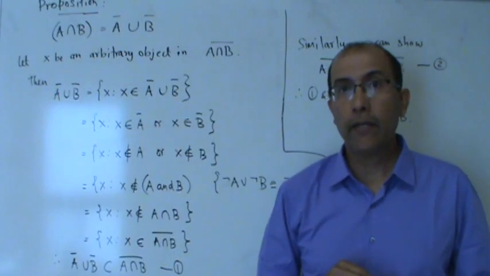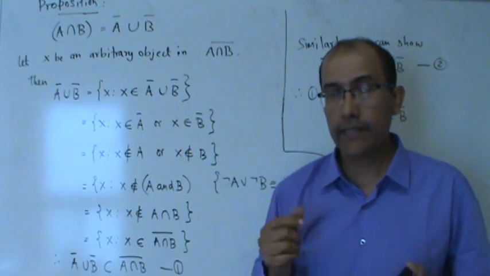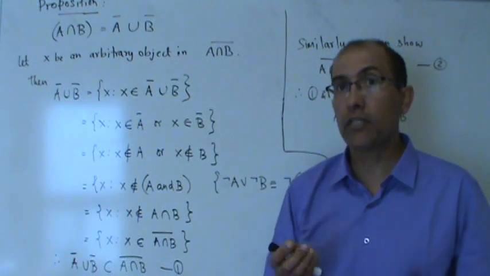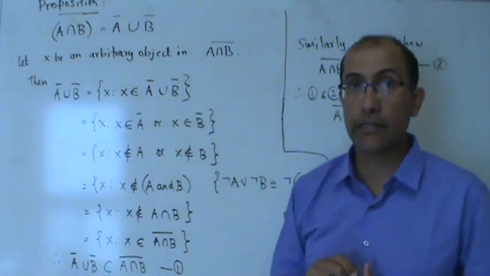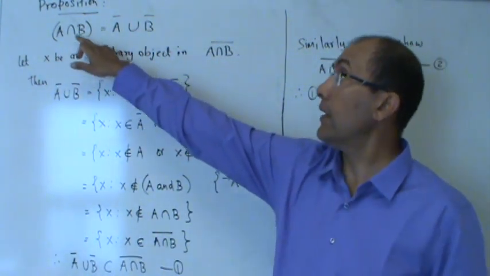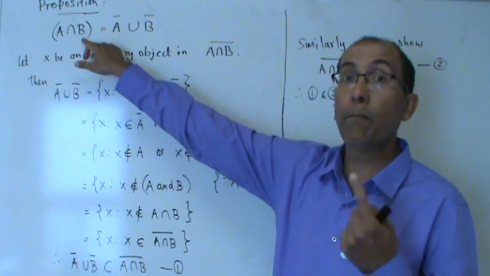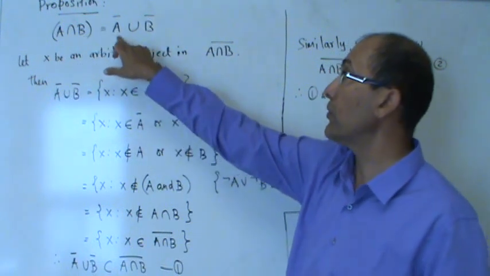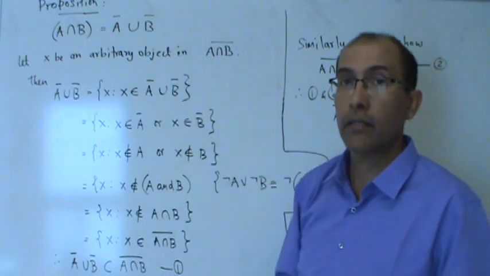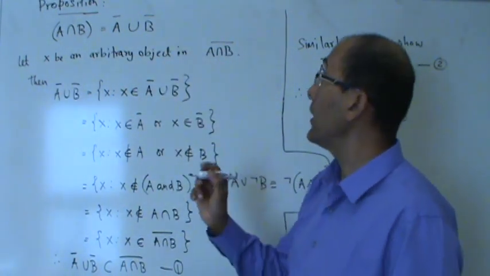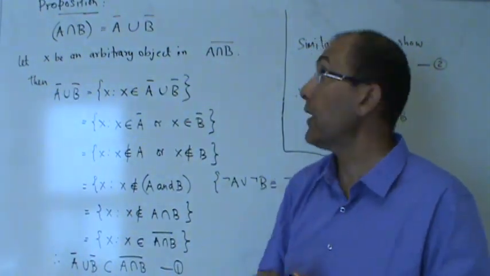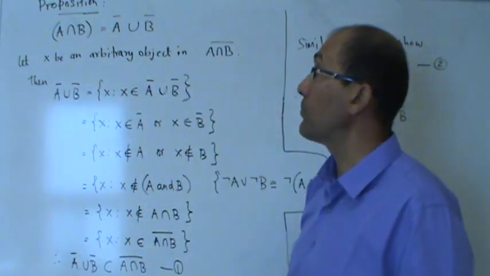So we defined three operations for sets, and what we can do next is to prove propositions related to sets. So I want to prove this statement here, and it says that A intersection B complement is equal to A's complement union B's complement. So if you draw a little diagram, you will be able to see what it looks like. But here is the proof.